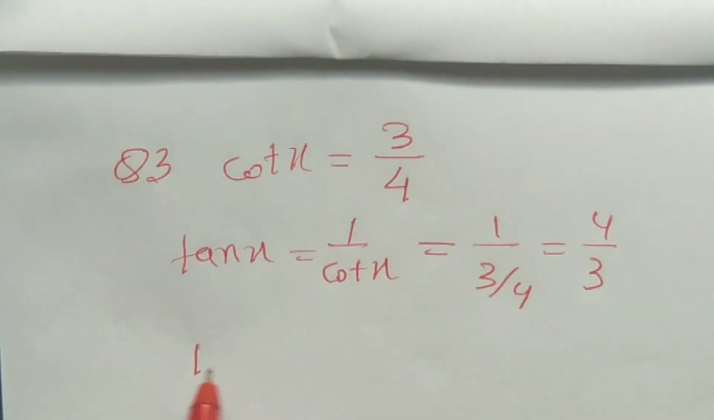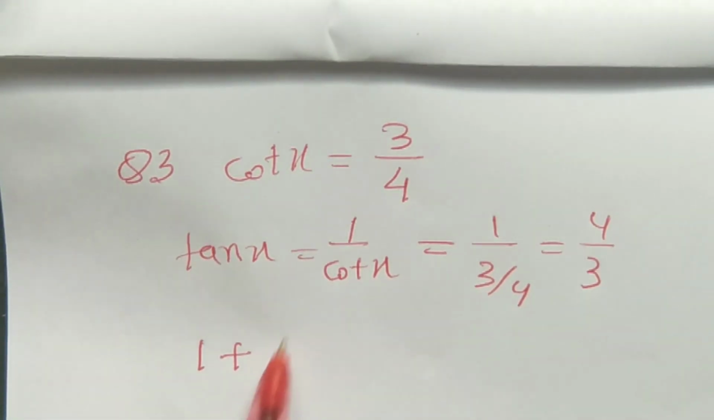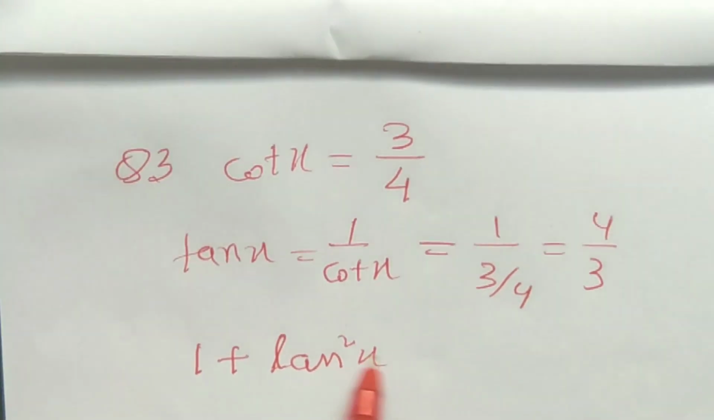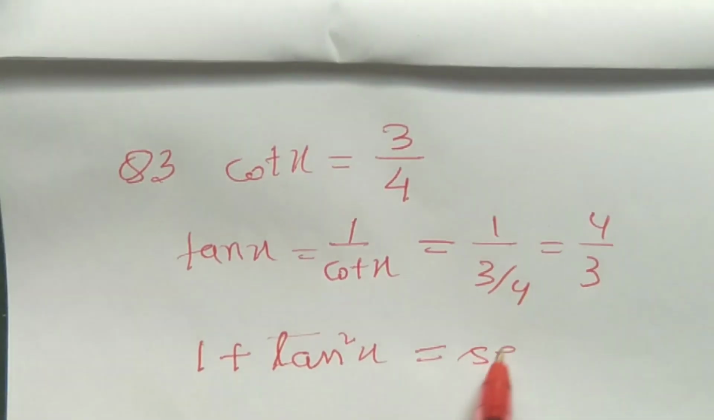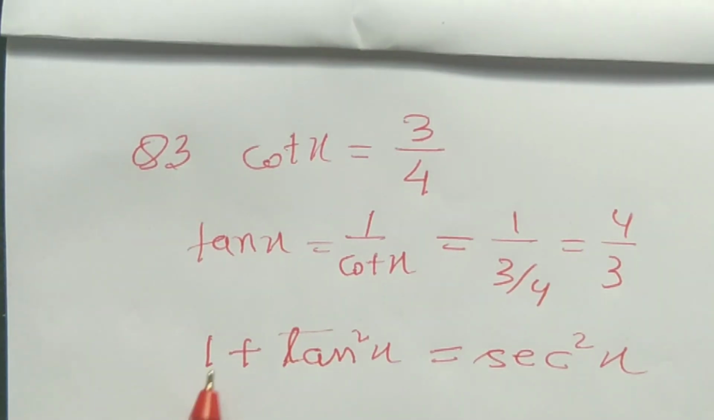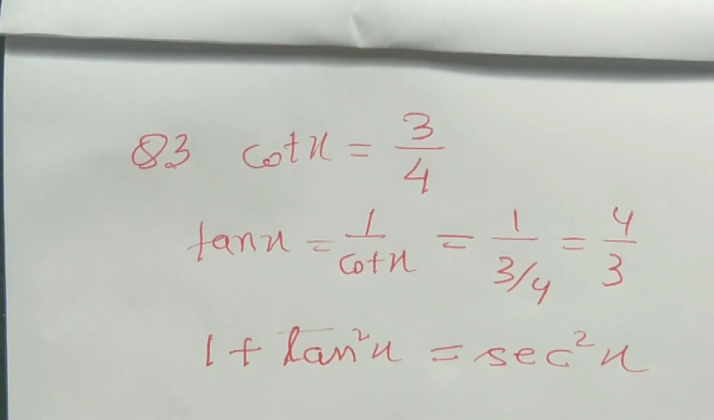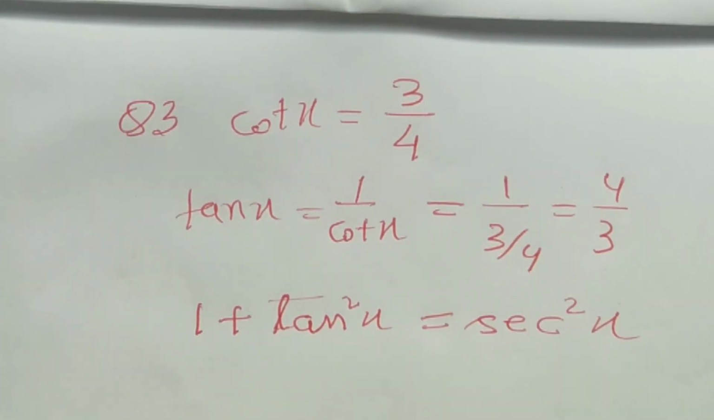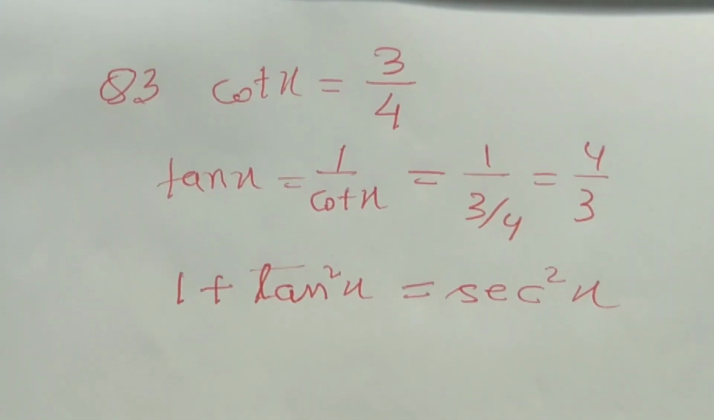Again we know the identity 1 plus tan square x equal to sec square x. I have given all these identities in my previous video, so if you are new to my channel I will give the link in the description box, you can get it from there. Okay, so now